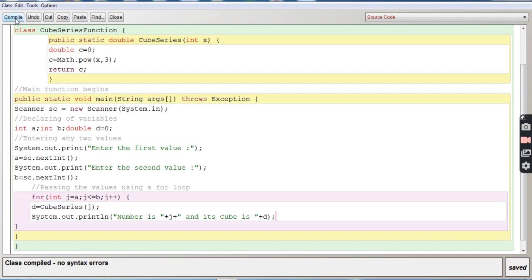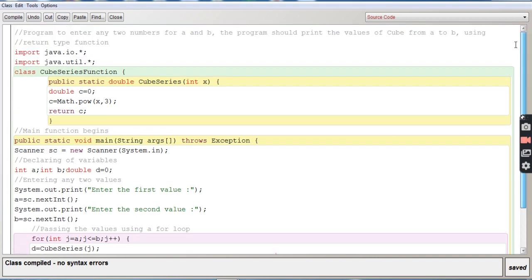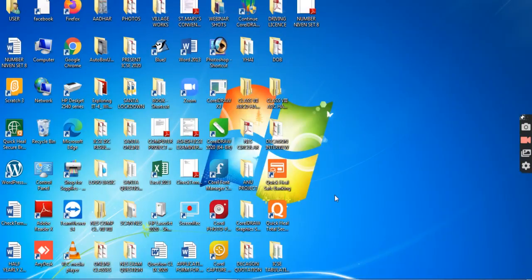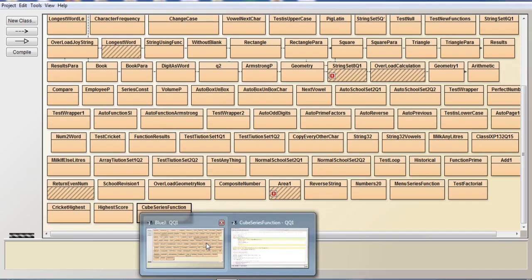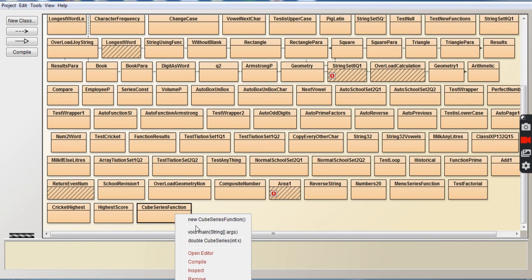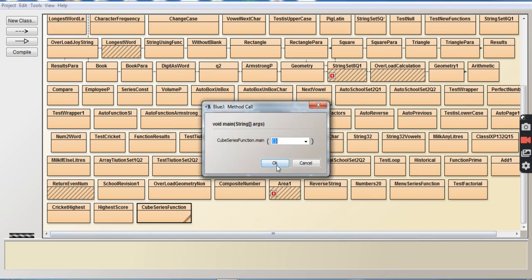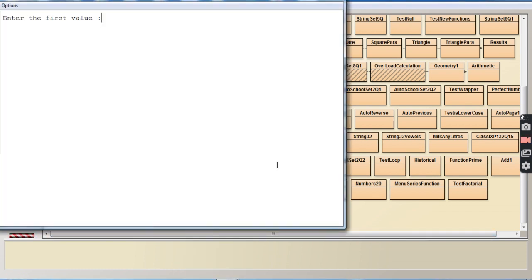So you can see the compile on the corner, give a click, class compiled, no syntax error at the bottom of the screen, no errors in the program. Enter the first value, it says, this is asking us for the first value, 3 I have entered.